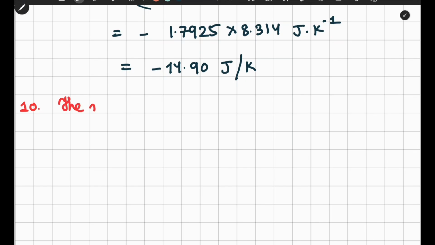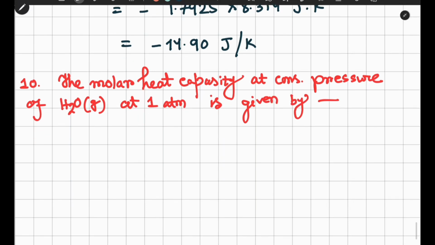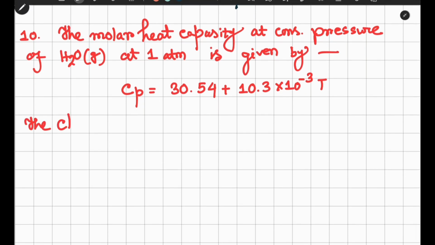The molar heat capacity at constant pressure, that means Cp of H2O gas, at constant pressure of 1 atm, is given by this equation, Cp equals 30.54 plus 10.3 into 10 to the power minus 3 T. This is Cp. Now they asked the change in entropy